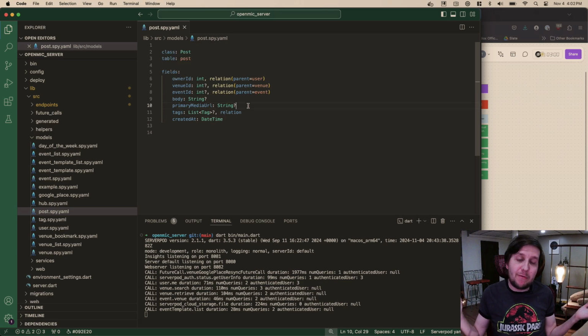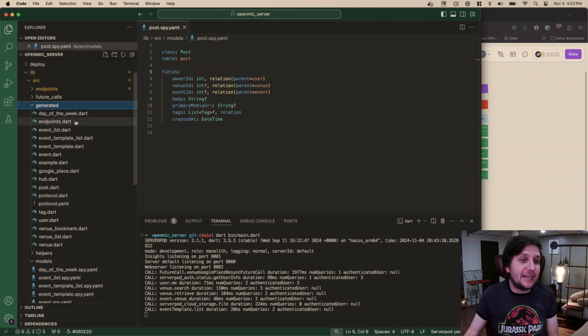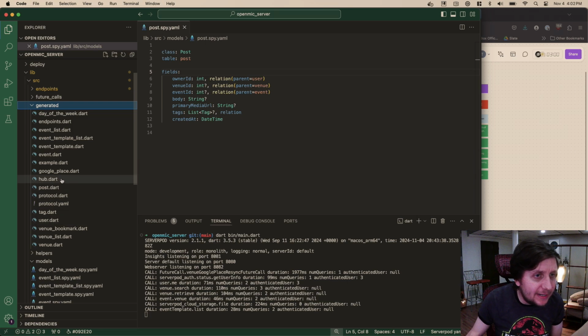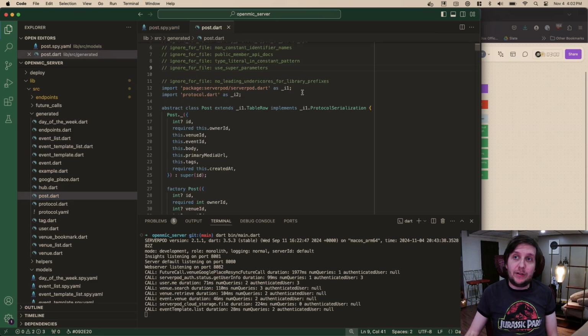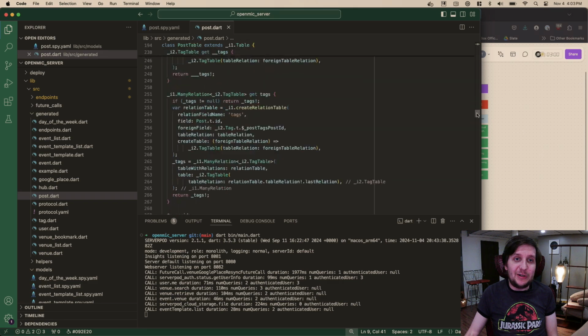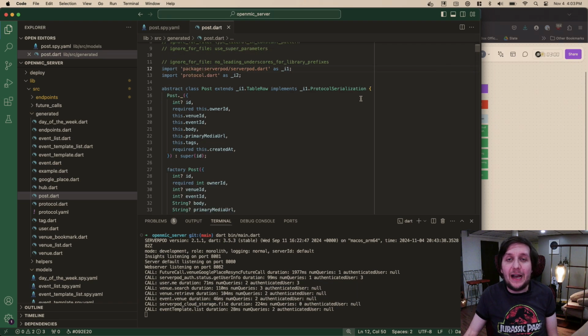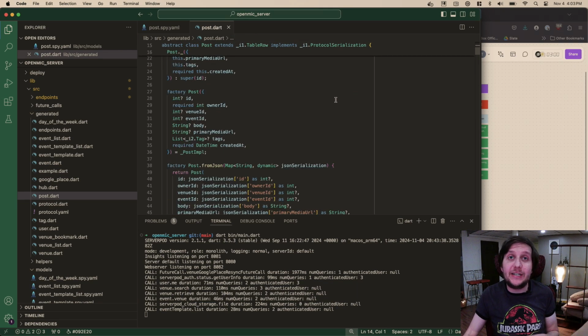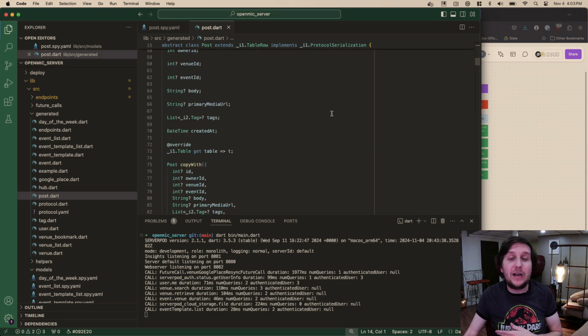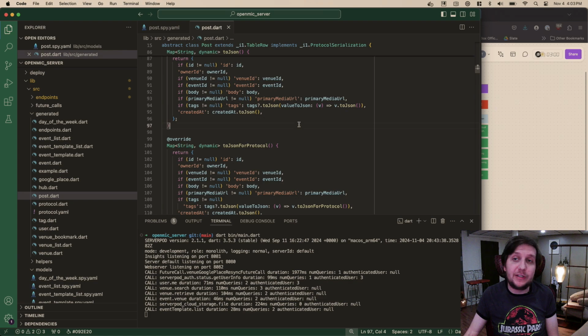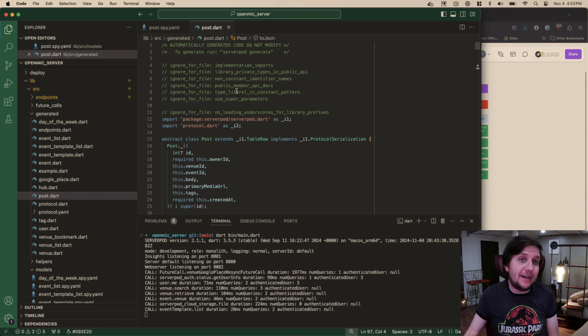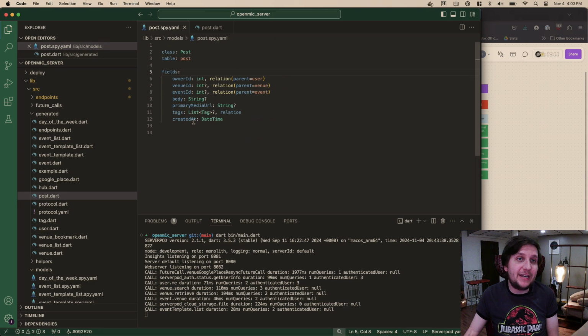So we just do that, and then you run Serverpod generate, and it actually creates code. If you go into the generated code, look at all this code. This is a decent amount of code. It's similar to what you'd get if you use something like Freezed. It's all the code for serialization, deserialization, copyWith, all the database-related stuff, and so on and so forth. So that's cool. We didn't have to make any of that. We just wrote, not even 12 lines, let's say 10 lines of configuration.